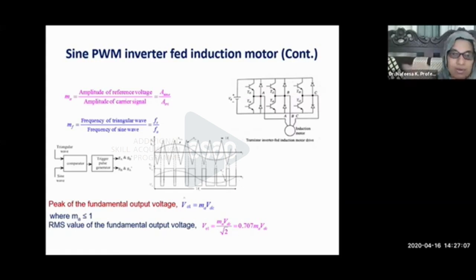So when you hear about PWM, it is simple. It is just a comparator comparing two waveforms, a triangular wave and a sinusoidal wave. This is the operation taking place in the PWM inverter. So when we are considering the